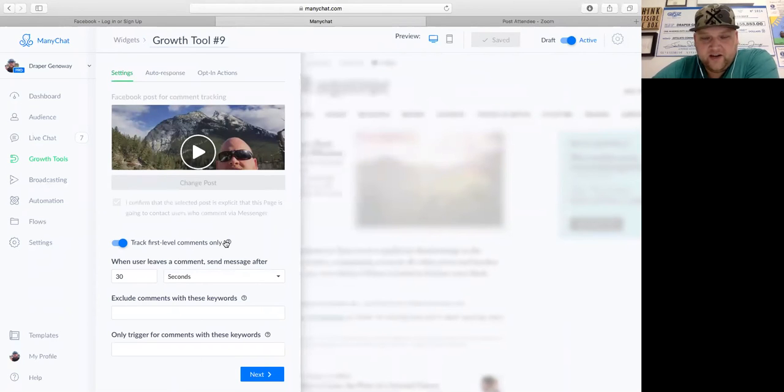So just in case they comment again, it's not going to send them the exact same message that you just sent them, right? So if they say more info, you say case sent, and they say thanks, they're not going to get another one that says the exact same thing over, right? So remember to do that first level comments only for like the basic stuff that we're doing.